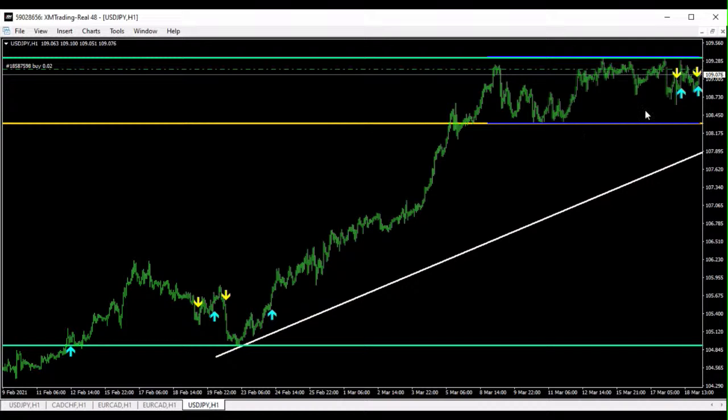Now take a look at something. We do avoid this because the price didn't get to the low. Until we see a new low, we don't follow this buy arrow. When we see a new low, then we wait for the next buy arrow. You got to see a